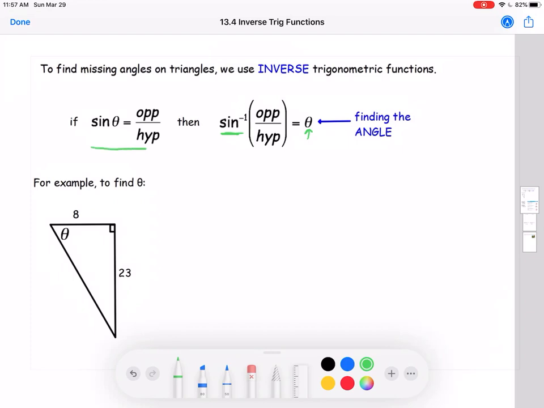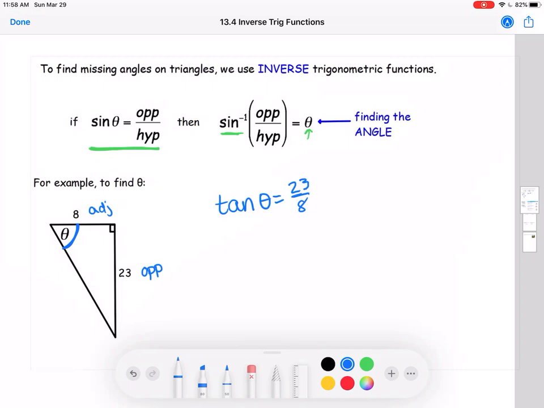So we've been using this way for quite a while. Now we're going to use the inverse to find angles. So let's try out this little triangle here we have at the bottom. Which trig ratio would you set up if this is the angle we are looking for? 23 is the opposite, 8 is the adjacent, and opposite and adjacent sounds like TOA, or tangent theta is 23